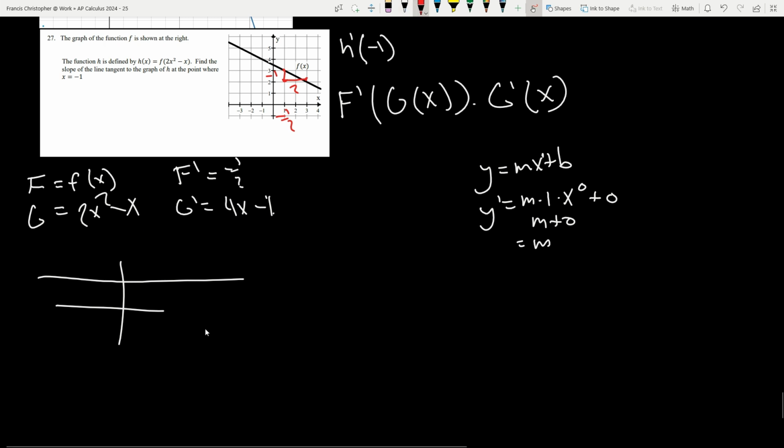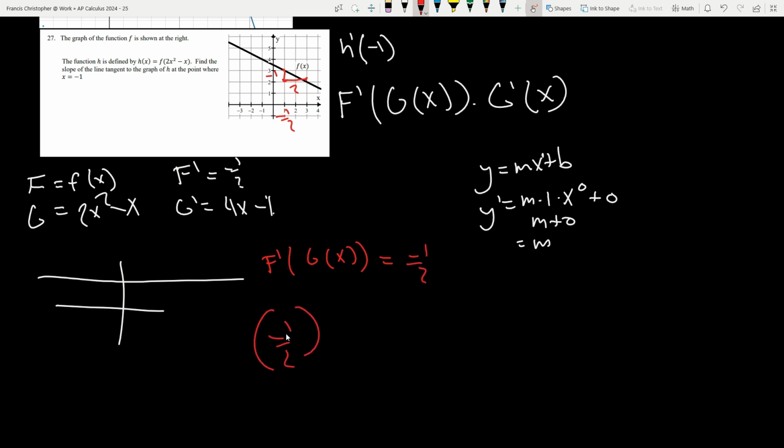I'll write this in a different color. So f prime of g of x is going to be -1/2, which means the first part is just -1/2. Don't forget the g prime, 4x minus 1, equals -2x plus 1/2. And then remember, we wanted to find